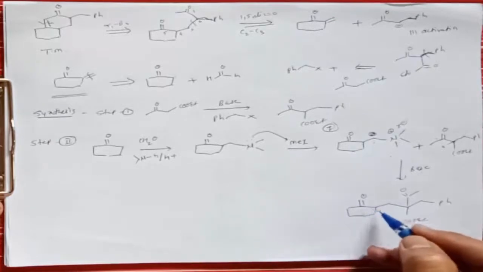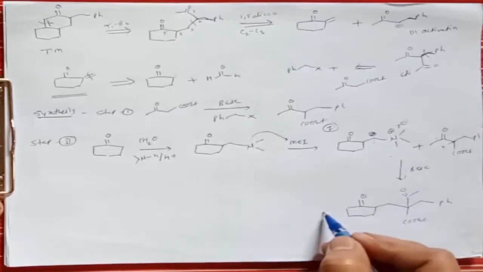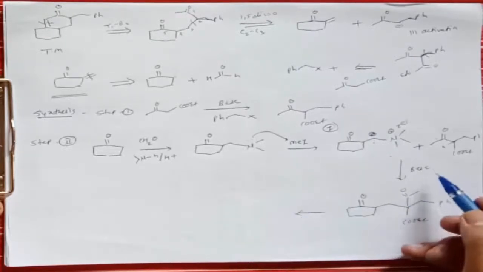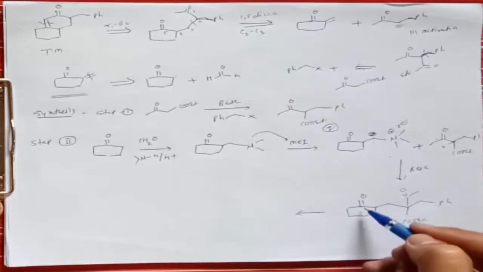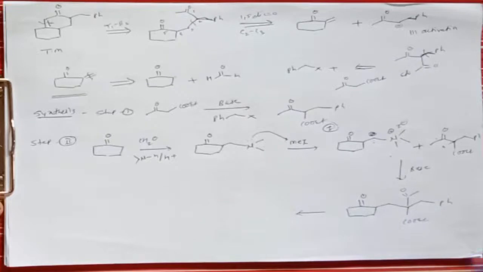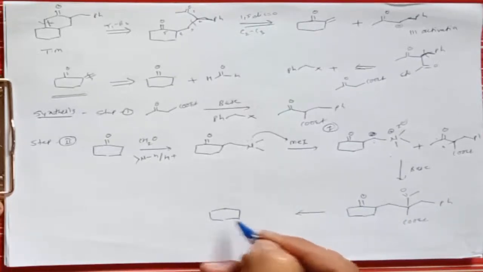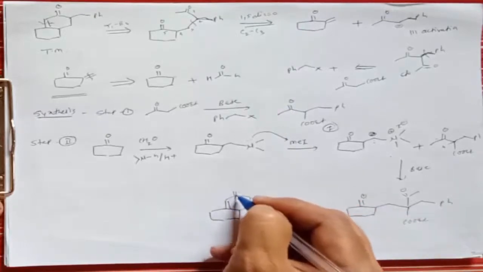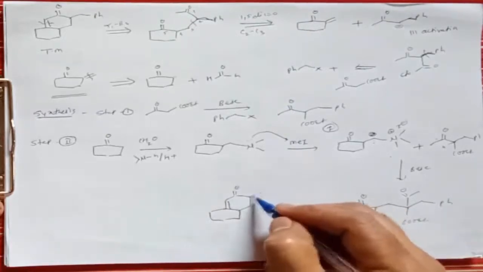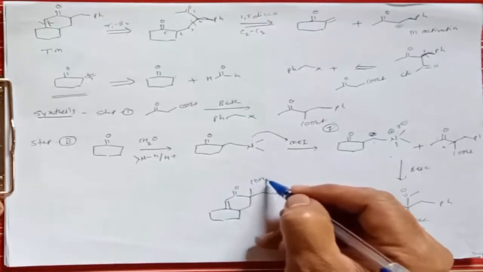So it gives 1, 2, 3, 4, 5, that is a 1,5 dicarbonyl compound, and now after that the base will abstract the proton at this CH2 group, then it will attack on this carbonyl group, and then there is elimination, and after elimination it gives formation of a compound like this. Double bond here, carbonyl group is here, and then here is CH2Ph, along with it gives formation of a COOEt.